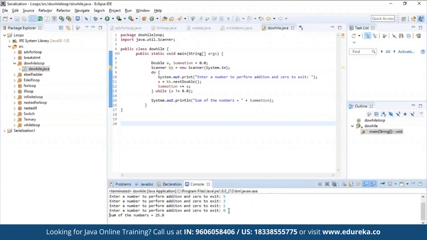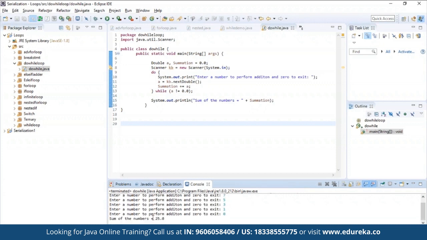As you can see, the loop has been terminated and the summation of all the numbers which are provided into the array is provided as 25. So with this, let us execute the next type of loop, which is the infinite loop. Before we continue into the infinite loop,